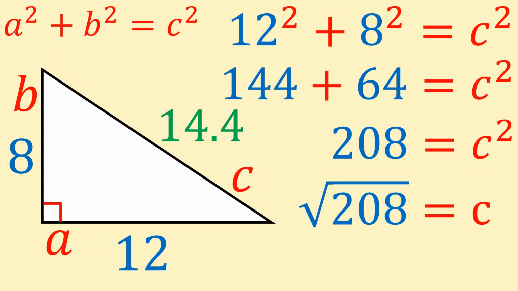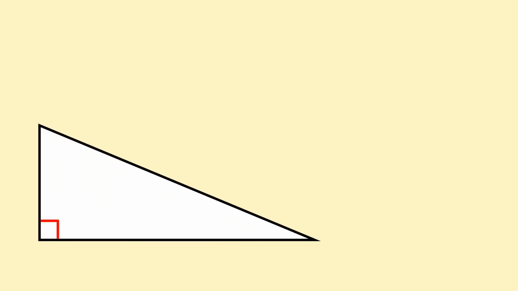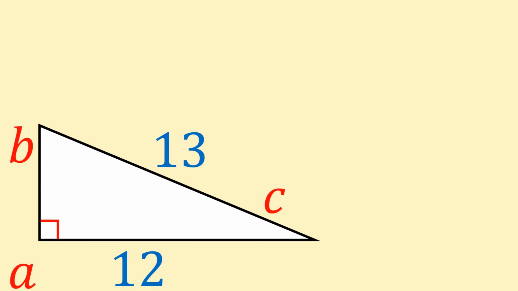Great! Finally, before we move on to some practice questions, let's take a look at a final example, which involves swapping a bit of the formula around. Here's another right-angled triangle with side lengths of 13 and 12. What is the length of the remaining side? Following the method, label the sides of the triangle. You'll notice this time, rather than finding side C, we have to find one of the other sides, side B. This means our existing formula won't work.